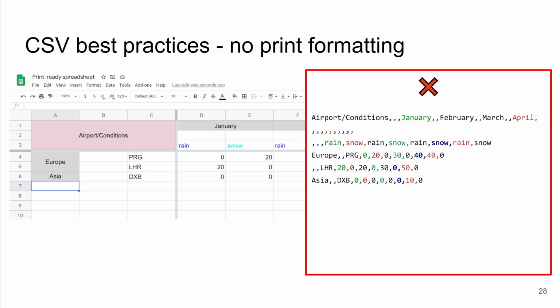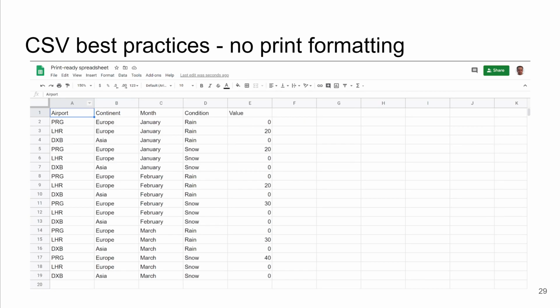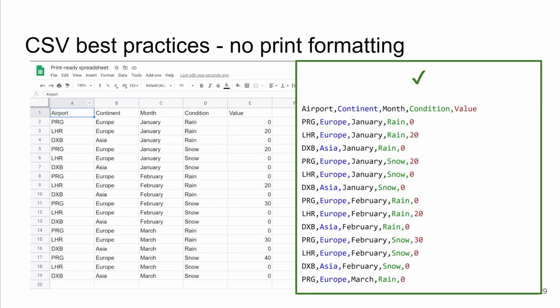For instance, this spreadsheet, when exported as a CSV file, looks like this. So basically it contains empty rows, some columns are empty, then in the data there are some missing values and so on. So this is not a good practice. When you want to create your CSV data in your spreadsheet editor, you may do that, but refrain from any formatting. And when your table looks like this, so basically it looks like a table in a relational database, that's actually a good sign, because when you export a CSV file like this, you will end up with a nice